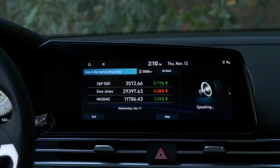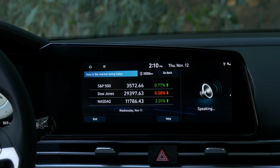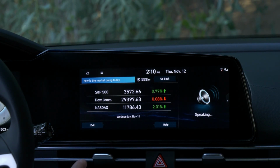Yesterday the S&P 500 was up 0.7652%, the Dow Jones was down 0.0792%, and the Nasdaq Composite was up